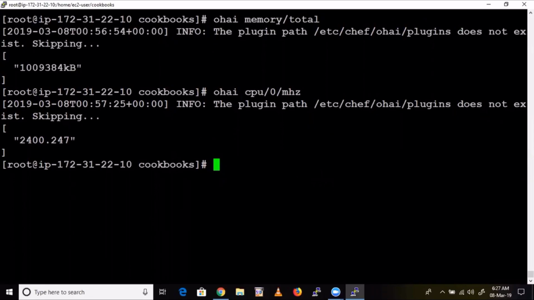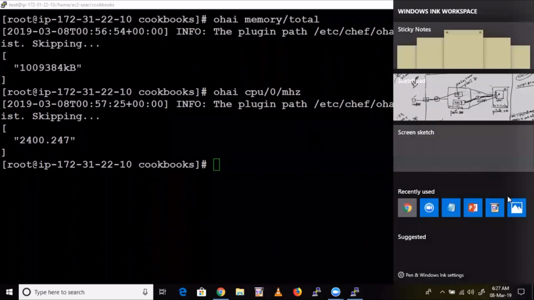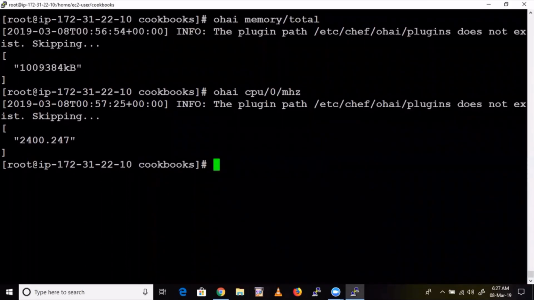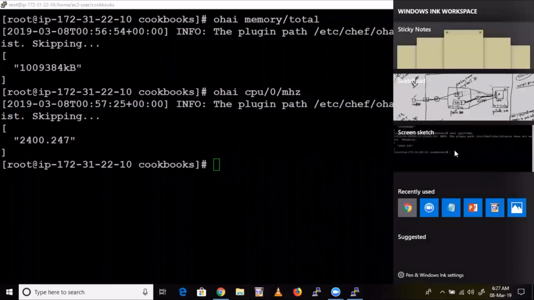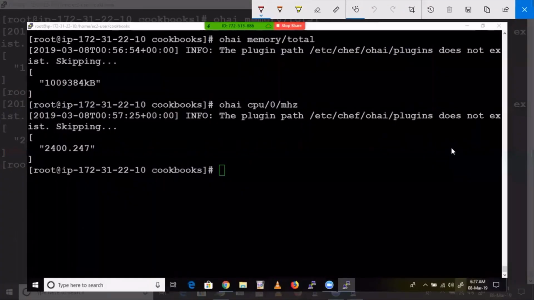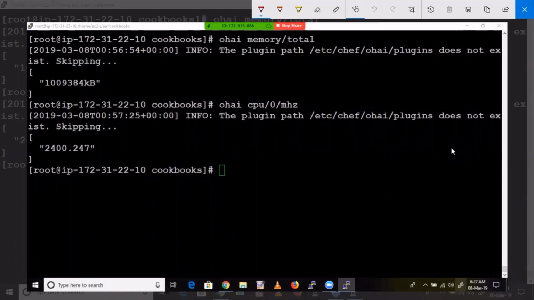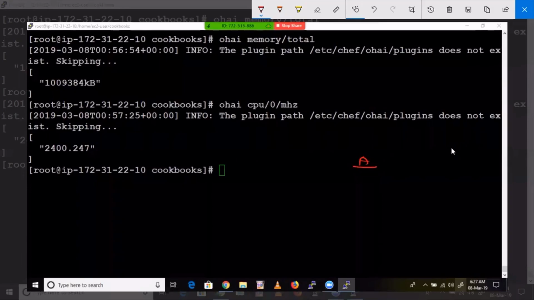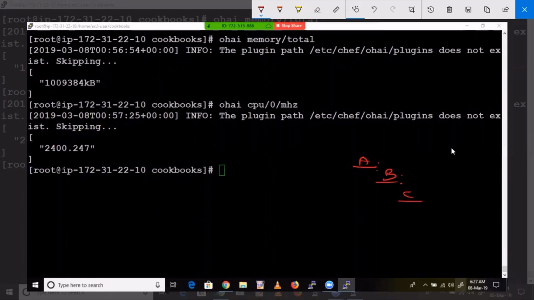One question. Yes. Without giving the further part beyond CPU, can you show what the structure looks like? ohai space cpu. So inside cpu there are so many key values. For example, see here, okay, this is a key A, inside it B, inside it C. For C we have given some X. For D we have Y.